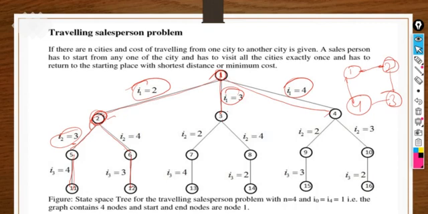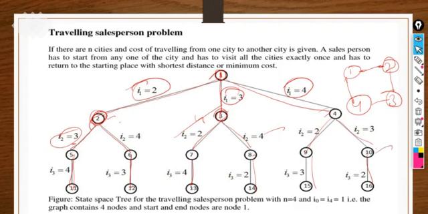What are the options left? One is already covered, and we are right now at 3. Two options are left here, 2 and 4. So either you can go to 2 or 4. If you are going to 2, then next we will cover 4, and then 2, right? So level by level we will cover all the possibilities. How will we cover them? First 2 will cover 3 and 4. Next, if we are not moving to 2, what are the possibilities for 3? 2 and 4 are the possibilities. Then what are the possibilities for 4? 2 and 3 are the possibilities for 4.